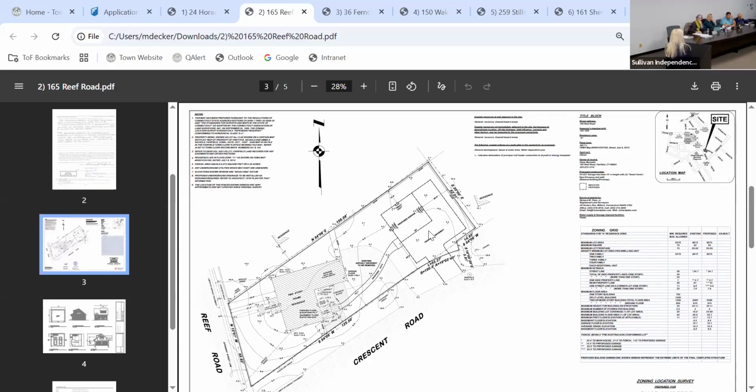We think the addition would be an attribute to the neighborhood because there's limited restricted parking on the street. And the client, I don't know if this is a hardship, but they have 3 adult children with cars. They have cars, and his hobby is restoring vintage cars. So it would be great if we could get some of the cars off the street, and onto the property.